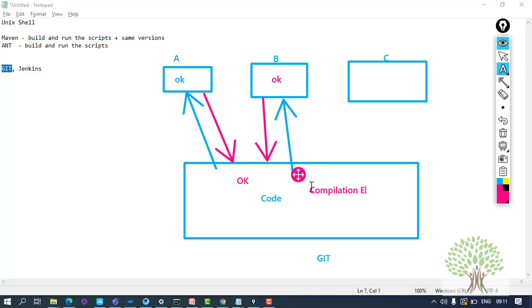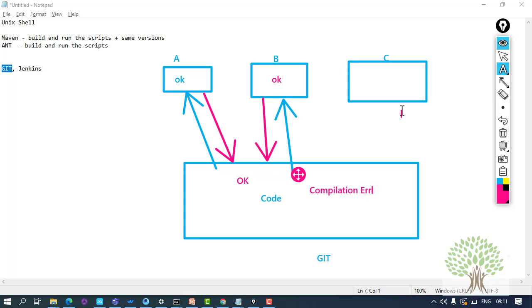And the worst part is nobody comes to know about it. Maybe there is a long weekend, and everybody comes back on Monday or Tuesday, and by the afternoon C notices that something is wrong with the code on Git, and then the blame game starts. So this creates a problem.